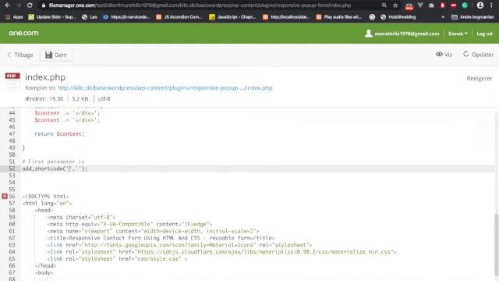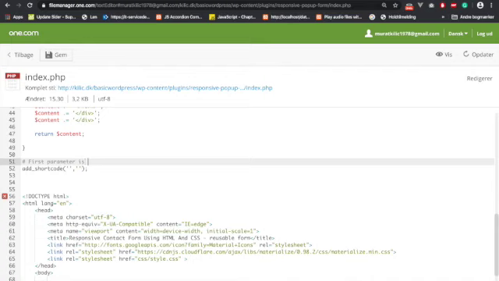And inside the first one, you can define a self-chosen name for a unique shortcode. Second parameter